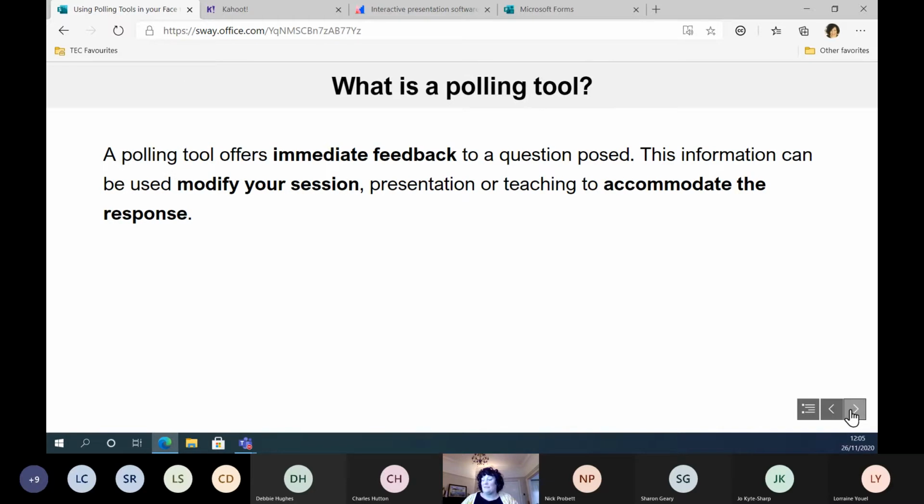So what exactly is a polling tool? There are loads of online polling tools available. We're just going to have a look at 4 today. And some of them, like Kahoot, is it a polling tool? Yes, because you can use it to do a poll, but it's also a blended learning tool, and it's also an assessment tool. It does lots of other stuff as well,